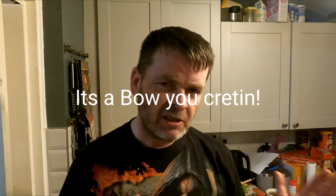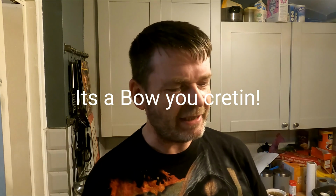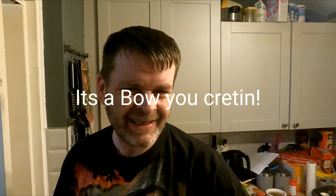We're going to have a look this morning at a beautiful takedown recurve bow from a company called Top Archery. This is the deluxe version of the Black Hunter bow, and I think it's worth every penny. I picked this up for only £68 on AliExpress. That's right, £68, less than $100. We're going to open up this baby now, look through it, compare against the Black Hunter, and as soon as the rain stops,